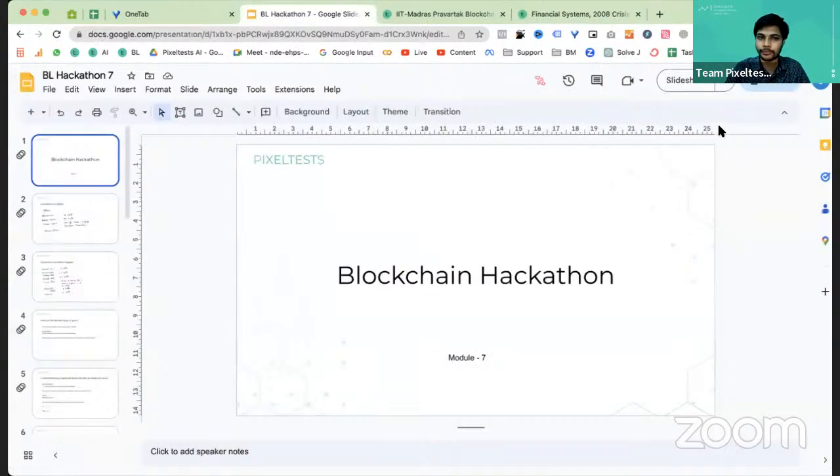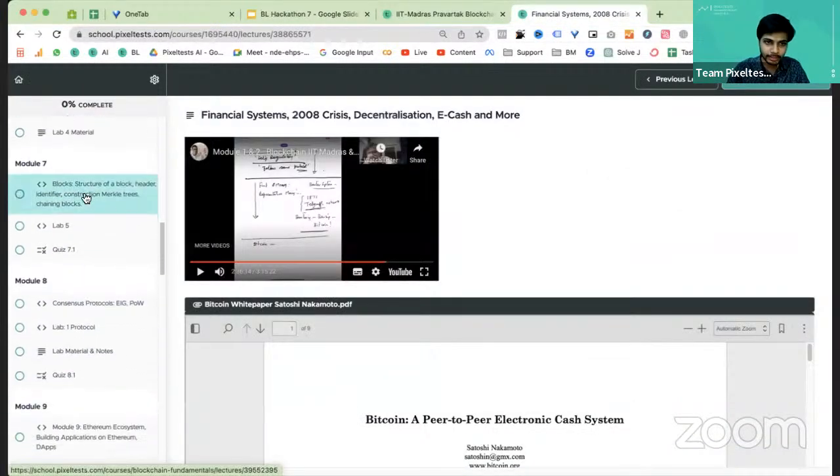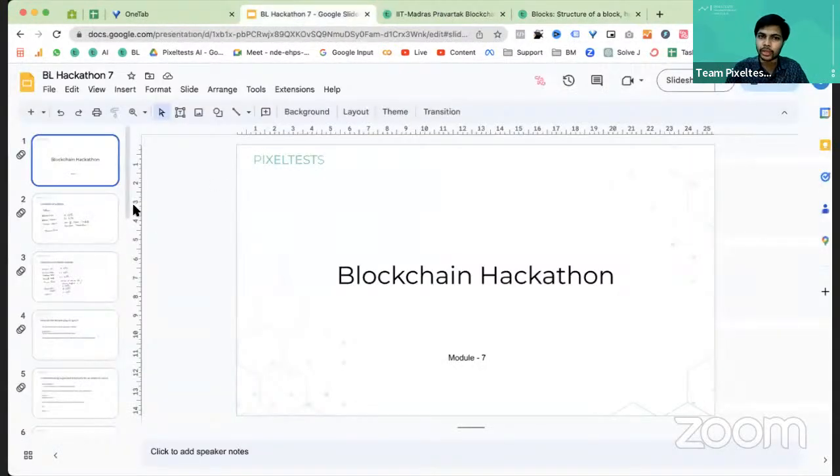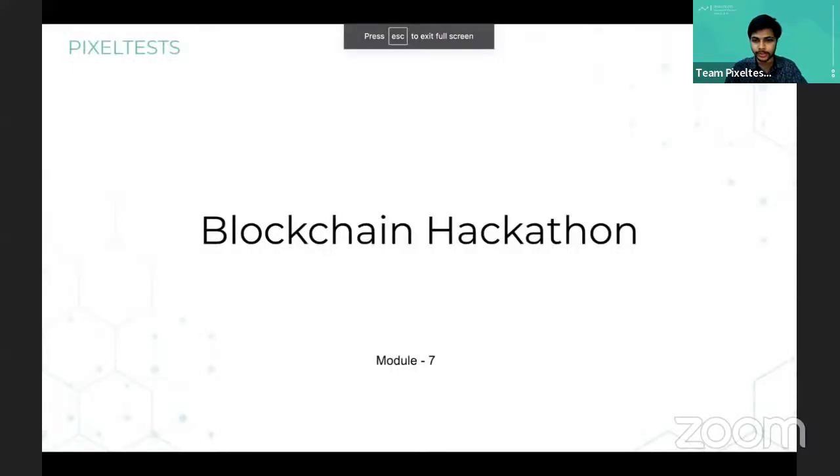We are going to revise a few concepts from module 7. Because we are keeping this session short, I'm just going to revise the concepts that we've learned in module 7. Where is module 7? Module 7 is here. We're going to revise the concepts covered by Professor Pandurangan sir in this particular lecture. If you have attended that lecture or its revision, you can go directly to the lab or quiz portion. Let me see if my screen is being shared.